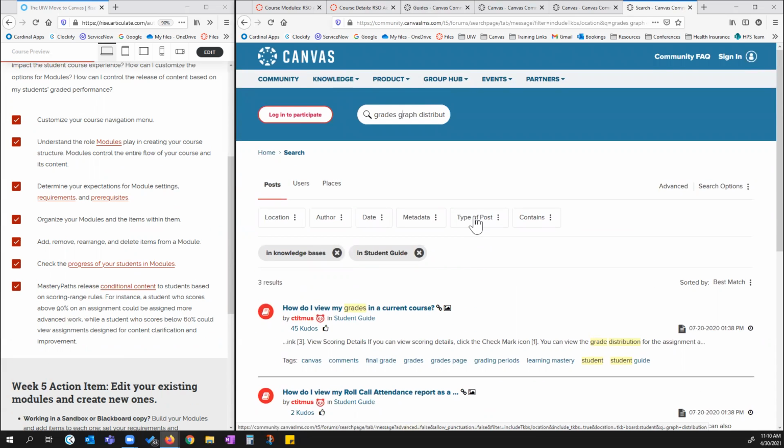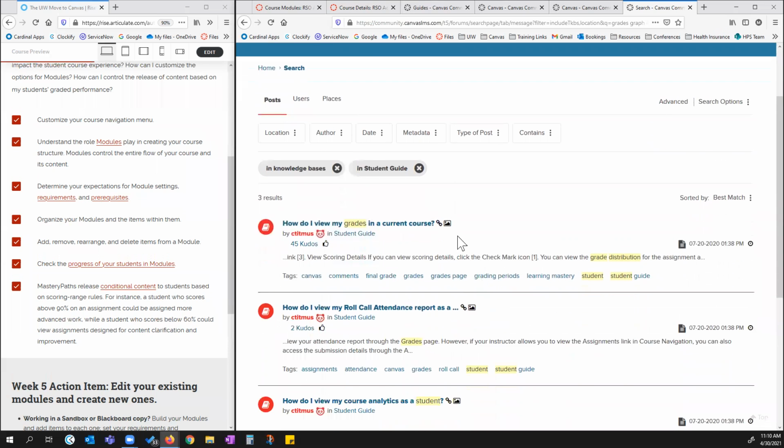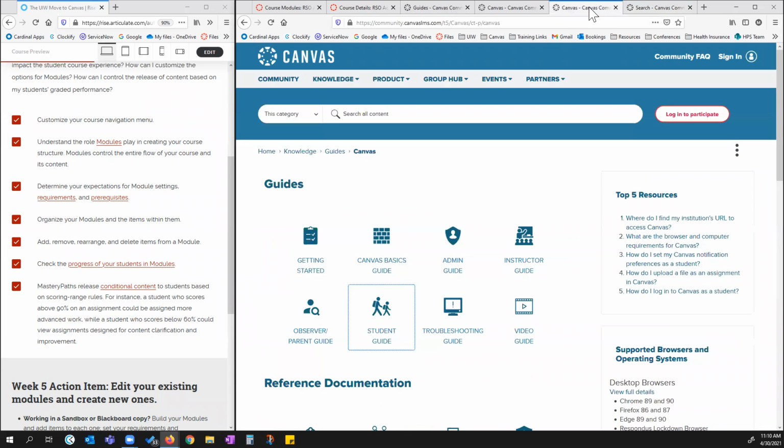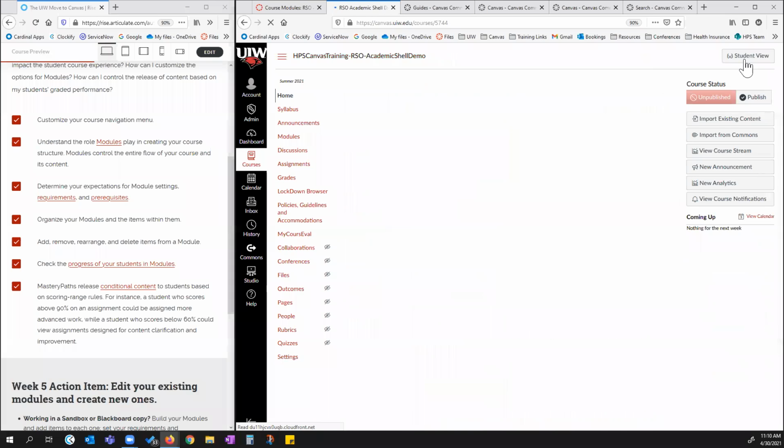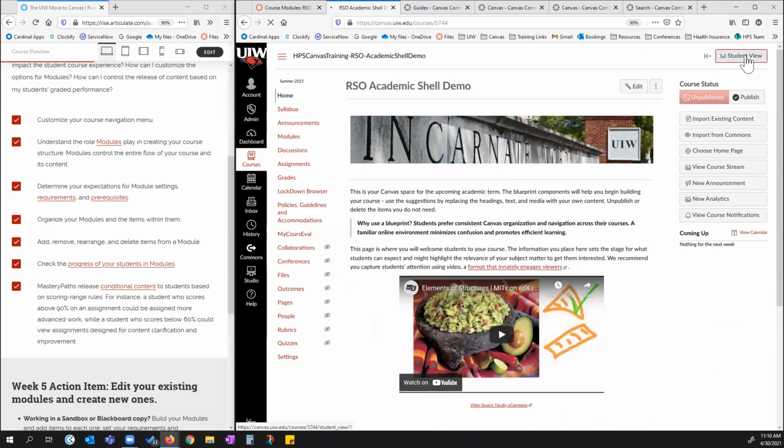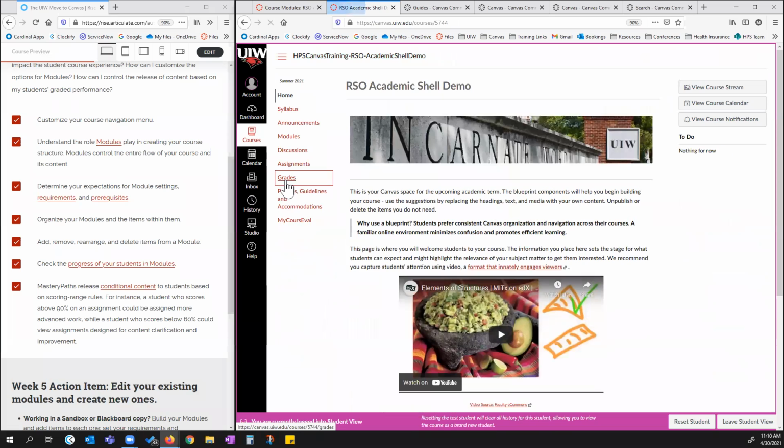I'm not sure where it's at, but I'm going to find it for you and I'll include it in the follow-up because they do have a nice picture of it that shows you exactly what students see. And it's in their grades. And basically, when they go in, so I can show you when they go into student view and they click grades,